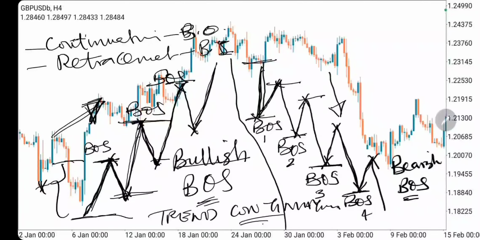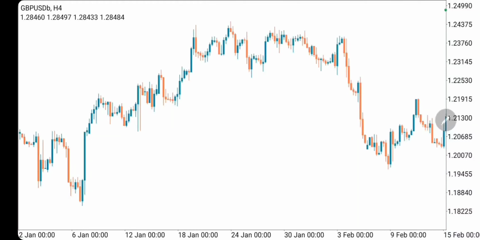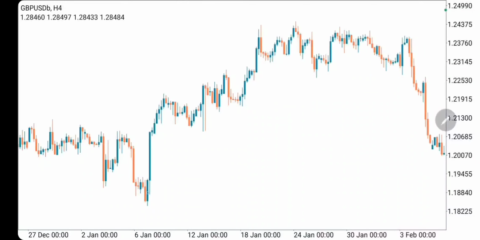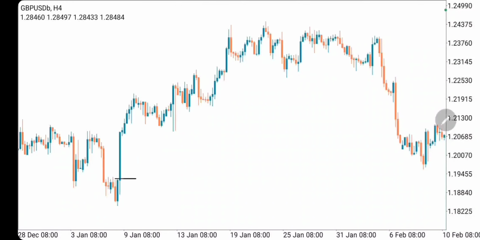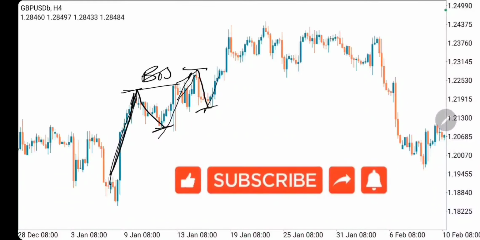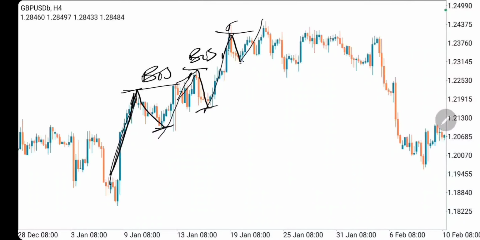I'm going to show you on the chart. I'm going to depict this on the chart for you right now. All right, so as you can see in this place, the market here creates higher high and higher low. Now it breaks structure right here, and retraces back, giving another range, breaks structure again, and retraces back, breaks structure again. So this is some form of bullish break of structure.